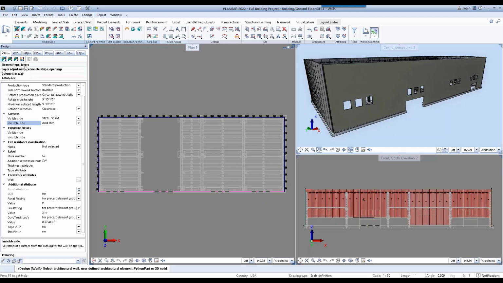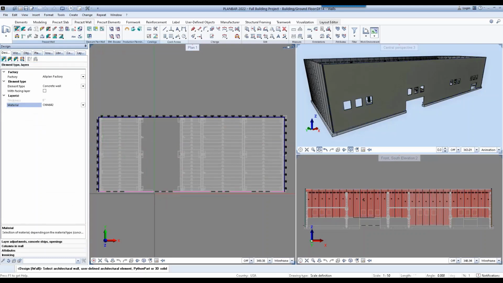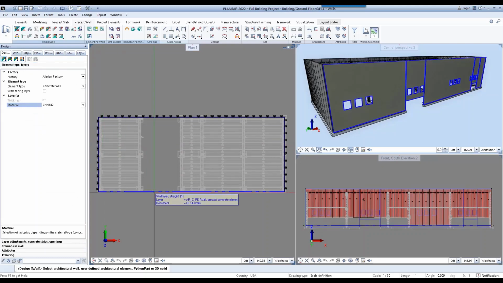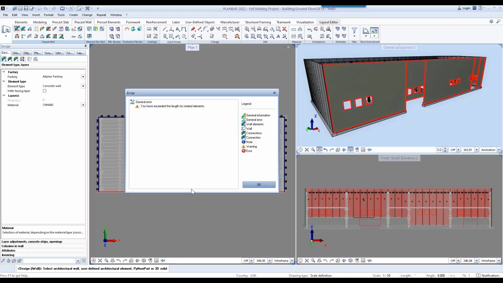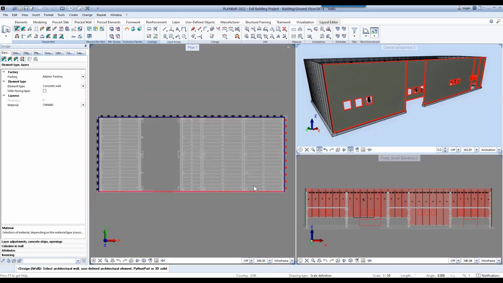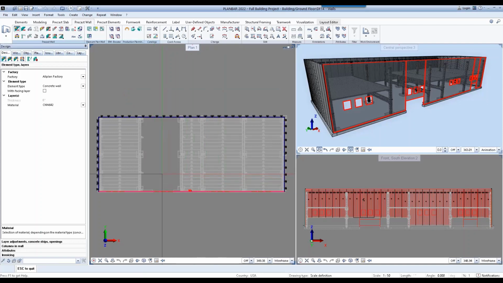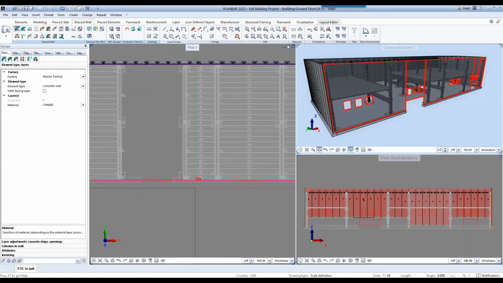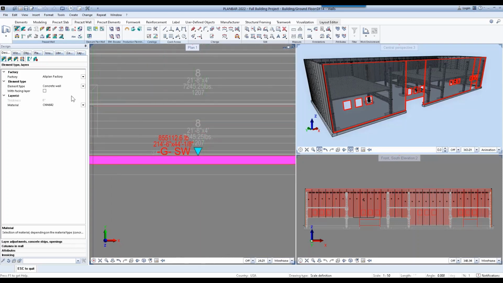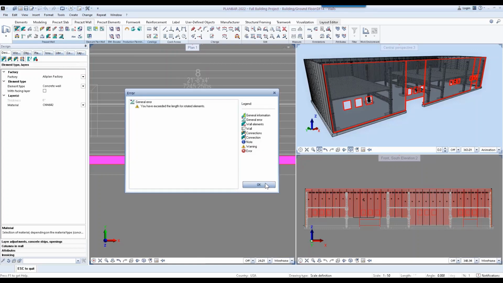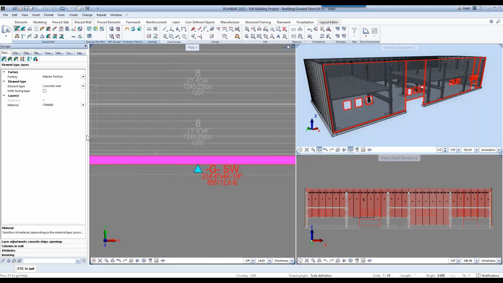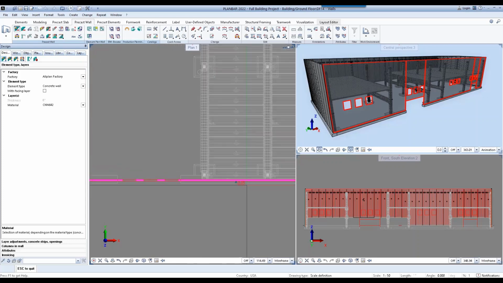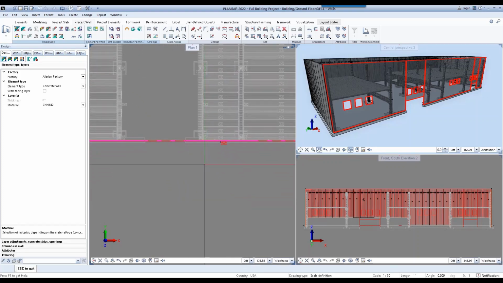Now I can go and select that front facing wall. That message is A-OK. We can deal with that later. So now the wall is a precast element. You can see that it placed this triangle, which is representing the visible side of the wall, and we can just flip the sides, popping up that same message again. And there we go. So it's on the side that we want it to be on.